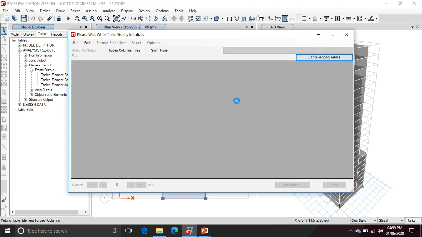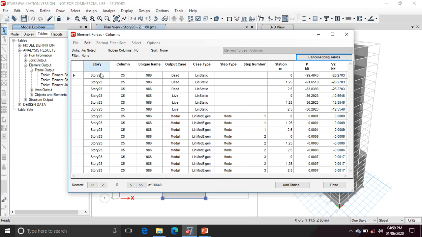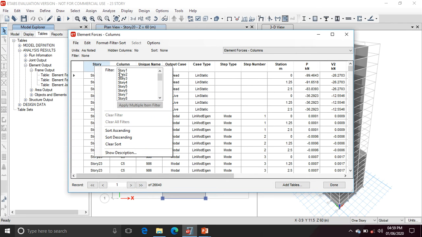After clicking on show table, a dialog box is going to open, which is element force column. As the ETABS software is the original version, I am not able to get the other details, that is the design load condition. Hence I am only showing you how to check the load combination, etc.